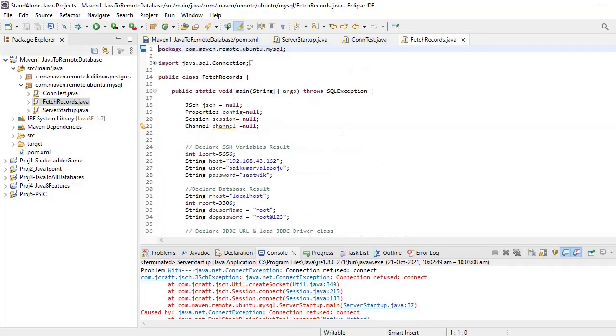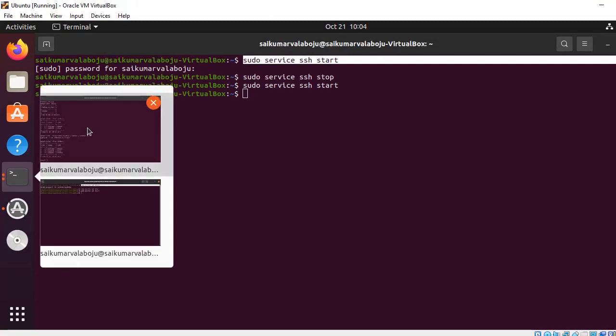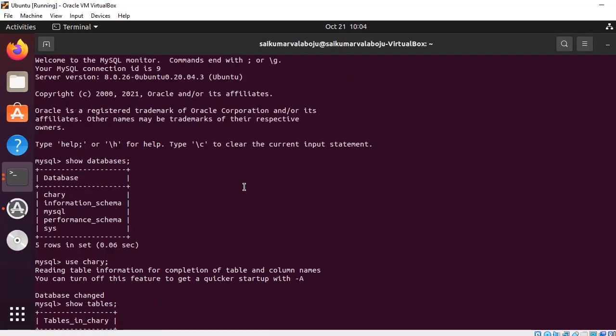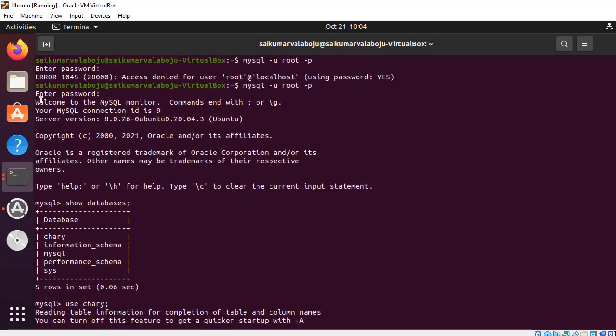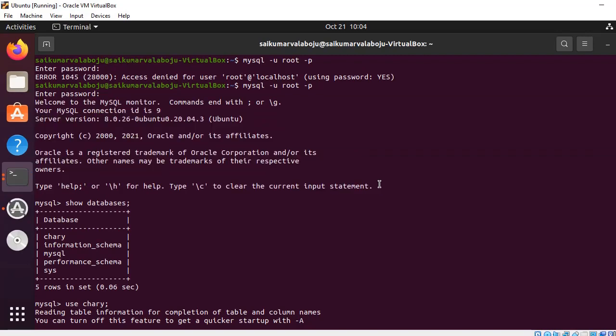Now I'm connecting to the MySQL database here, which is already installed on the Ubuntu operating system. This is the MySQL version. I'm using the MySQL 8 version. On MySQL 8, I have to connect here through the SSH connection.